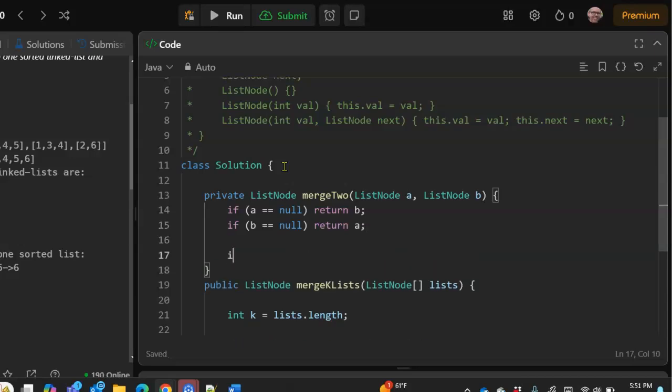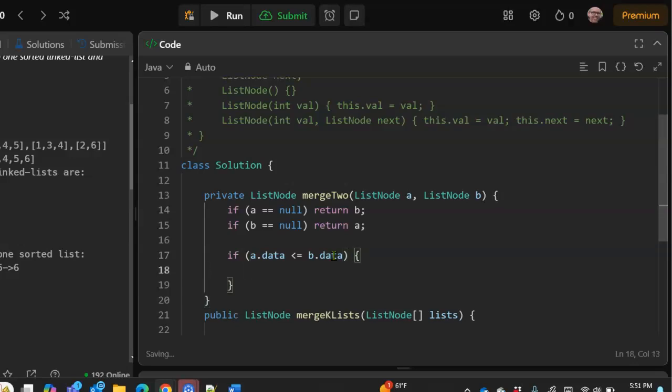Now we've got to do comparisons here for the merge. Merging linked lists is different than merging sorted arrays. If we were merging sorted arrays, we'd have to take the numbers out of the arrays and put them into a new result array. But if we're merging linked lists, we just have to move the pointers around. So it's different. So if a.data is less than or equal to b.data,